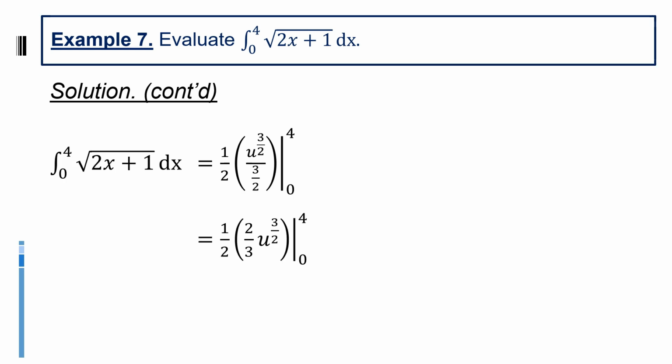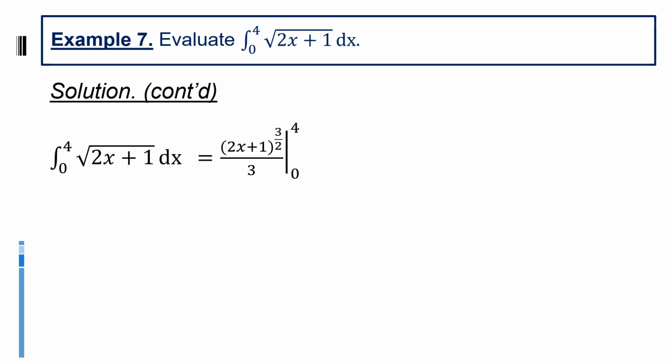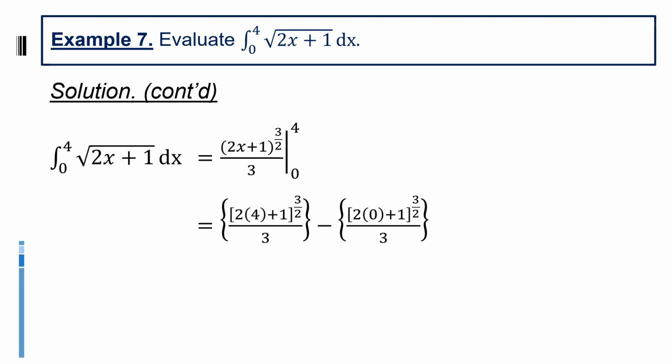Or that is 1/2 times 2/3 of u raised to 3/2 evaluated from 0 to 4. Or that is, okay, magka-cancel ang 2, u raised to 3/2 over 3 evaluated from 0 to 4. So, since u is equal to 2x plus 1, then magiging (2x plus 1) raised to 3/2 over 3 evaluated from 0 to 4. Using the fundamental theorem of calculus 2, now pwede na nating evaluate ngayon yung ating antiderivative